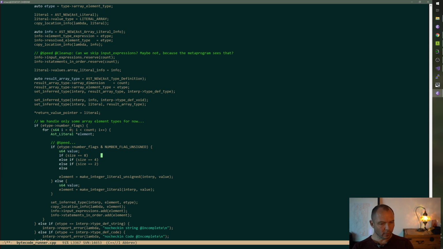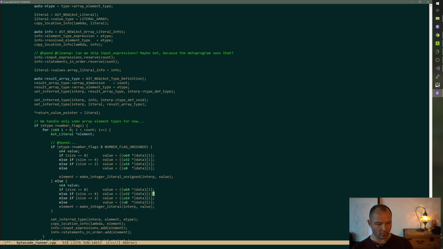And this is going to be value equals U64 pointer data sub I, right? Blah, blah, blah. U64, U32, U16, U8. All right. And here it's the same but signed.